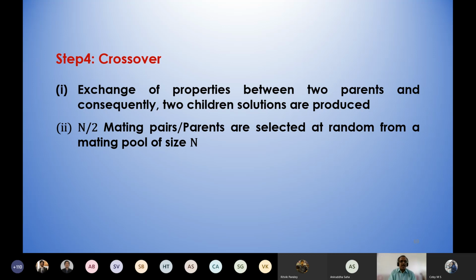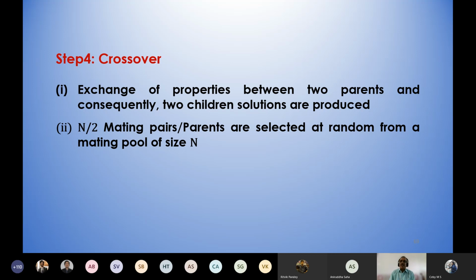Now I'm going to discuss the fourth step, how to implement the crossover operator. The purpose of the crossover operator is to exchange properties between 2 parents, and consequently 2 children solutions will be created.